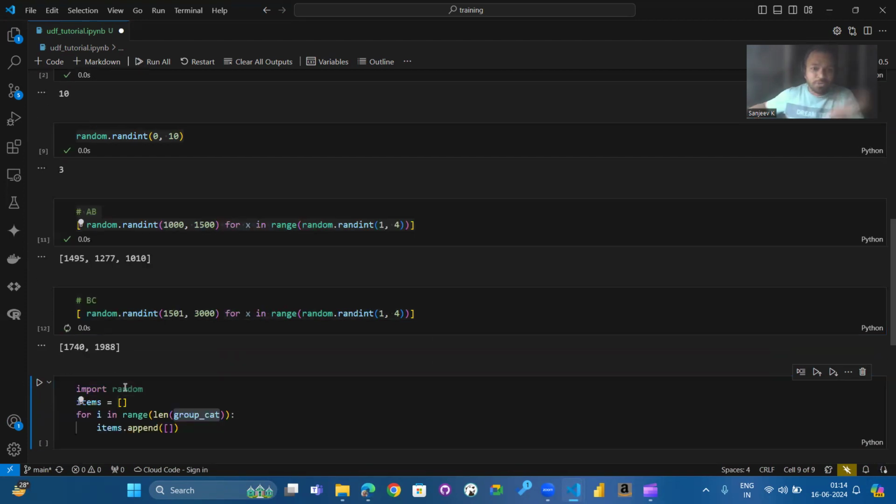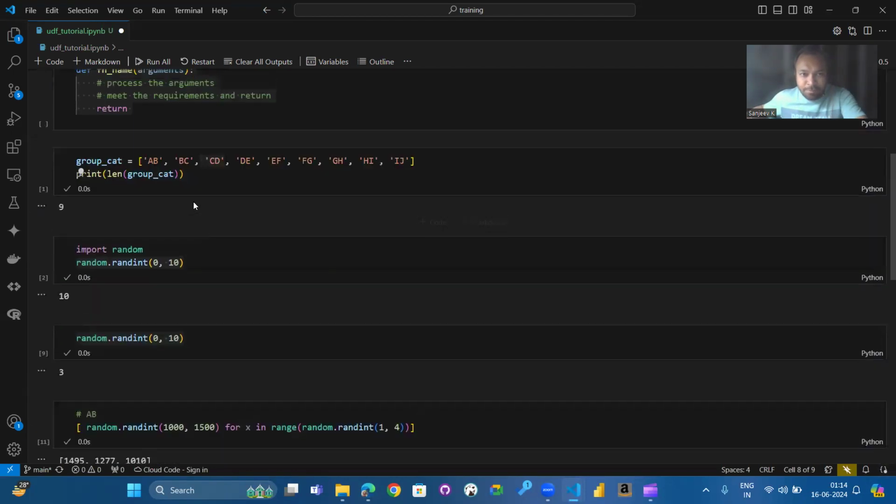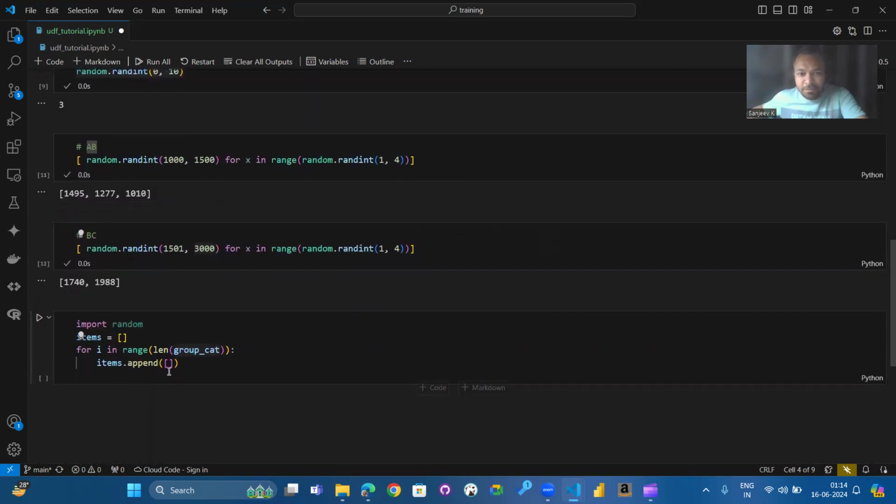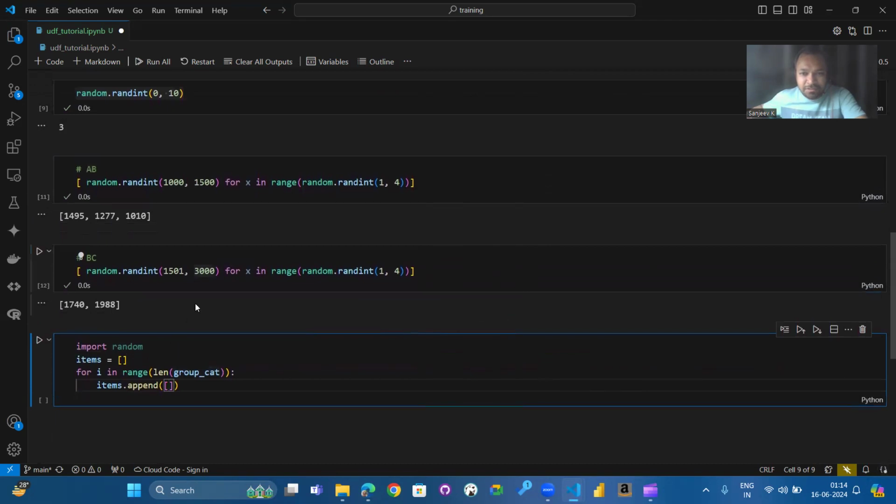Again, I'm going to create it. This time it gave some different numbers. Notice the difference here. As I already told you, it can max go up to 1500 in this case, and in this case it can max go up to 3000. So every time I pick a group category, I have to create some random numbers of item codes, in such a way that when some new group comes, I have to change my random integer and pick some numbers randomly. Okay, so how you do that is by using